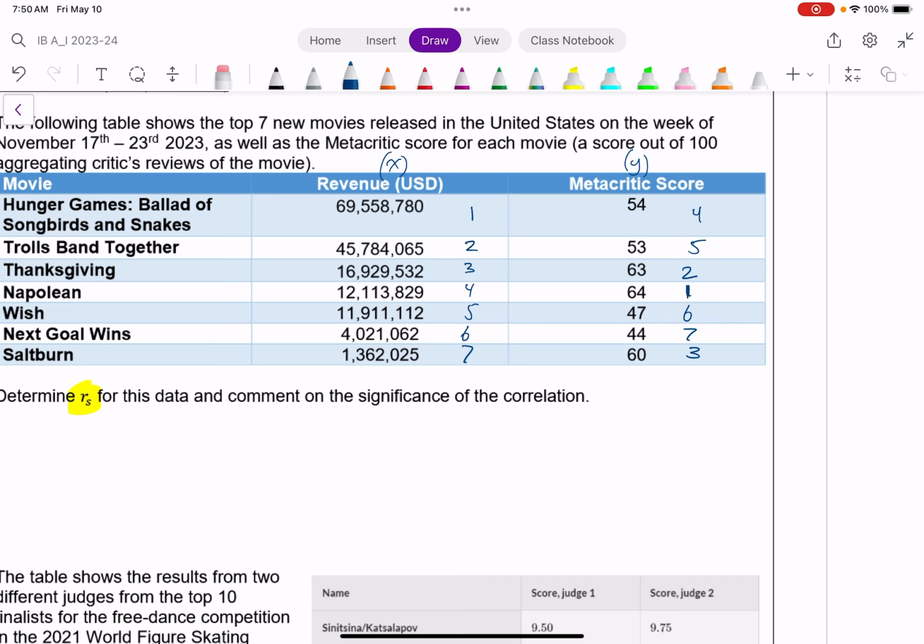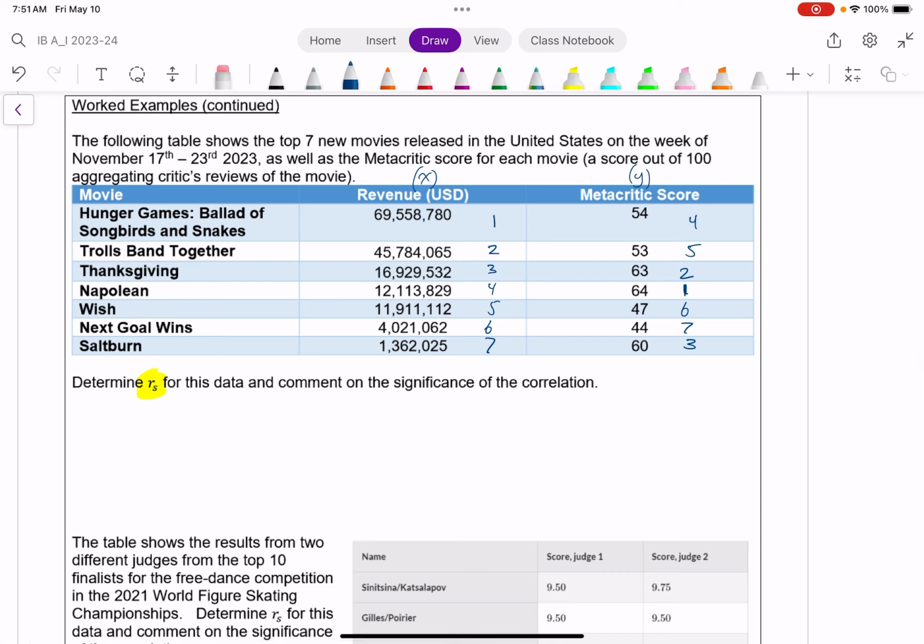All right, so I'm going to look at the correlation coefficient of these. Again, notice there are no ties. There were no two movies that had the exact same revenue nor the exact same score on the Metacritic score. So again, I could use that formula. That said, I've already talked about that. So at this point, I'll just go to a GDC, and these are my first column data points. These are my second column's data points. Find linear regression, find the correlation coefficient, and we get that correlation coefficient to be about 0.179, which means that's